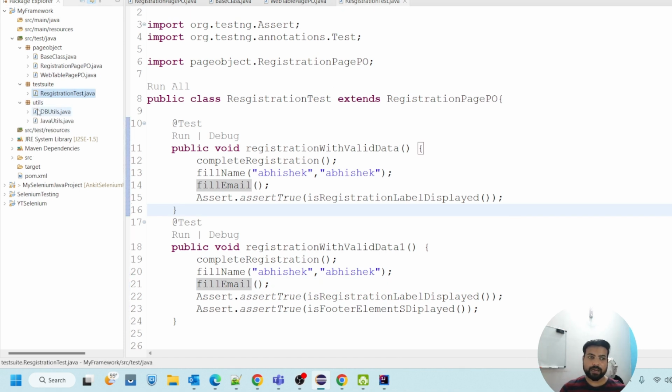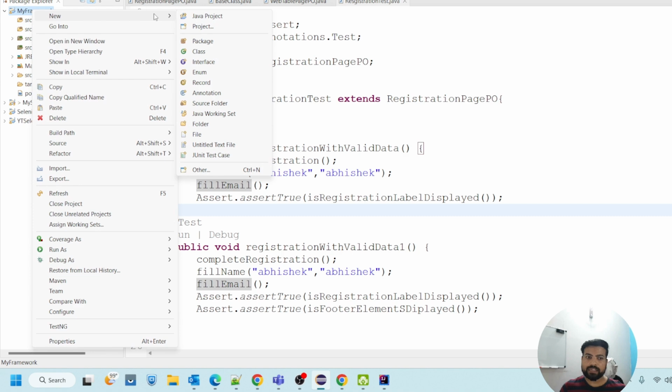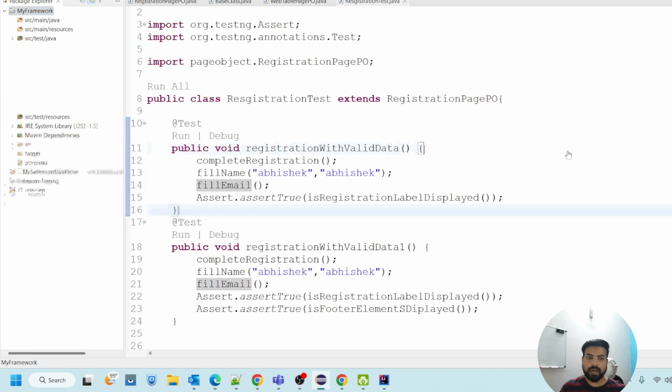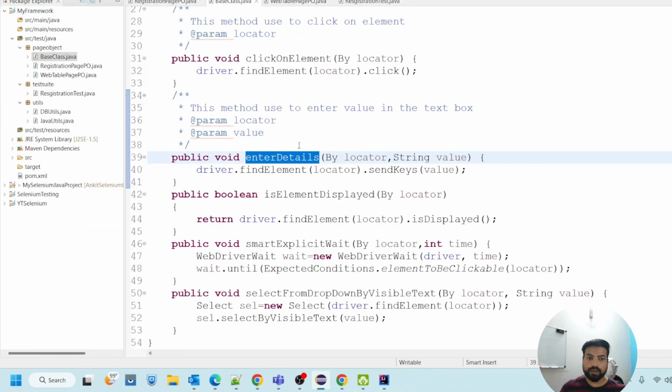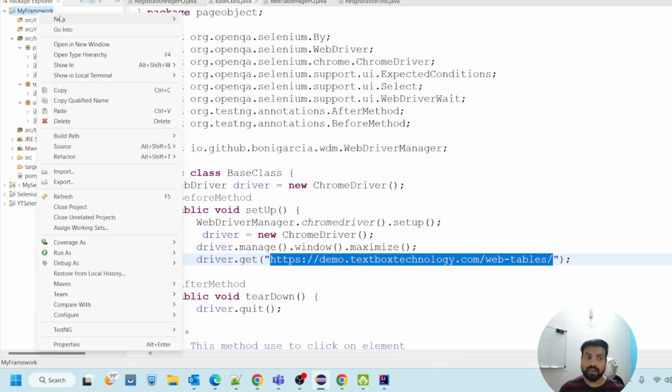Now the other part could be, if I want to keep my URL and other things. As of now we have kept the URL here, but this is not recommended. Every time if we want to use any, it needs to be picked from some other file, because if I start using this hard coded URL, if somebody wants to update it, they have to go to that file and update it. But what if I am using a common file? That's why